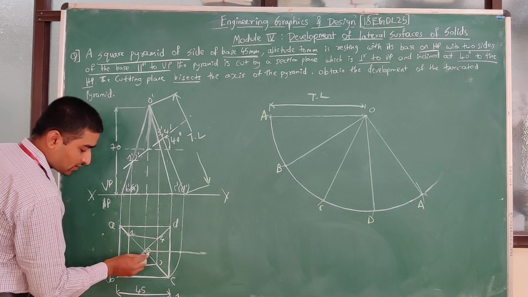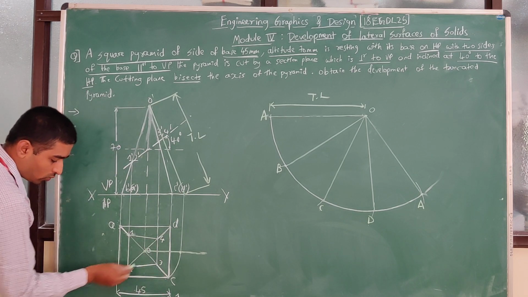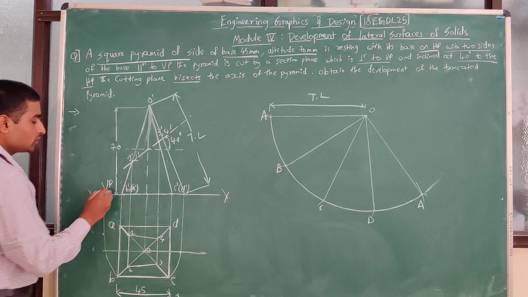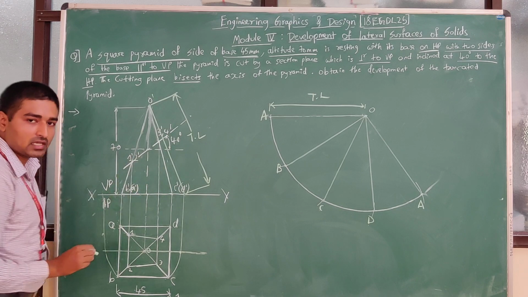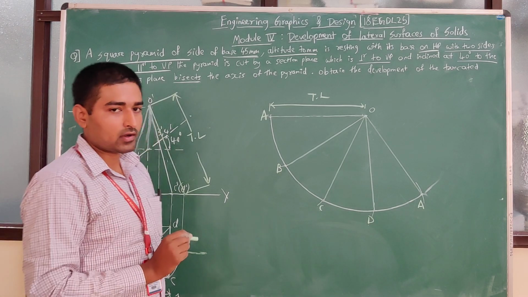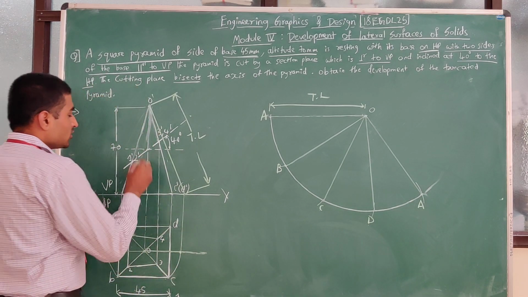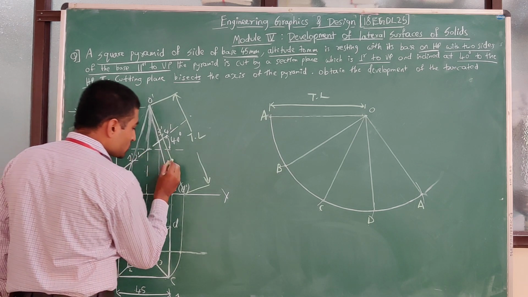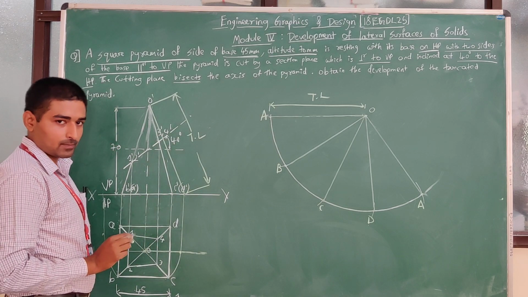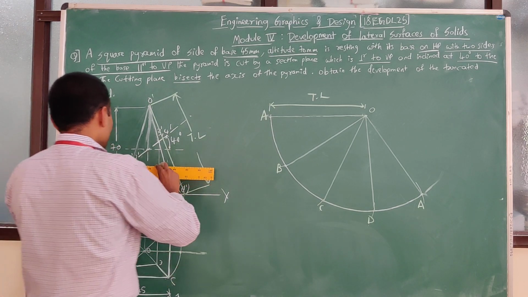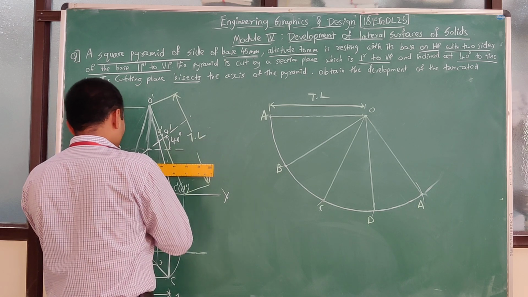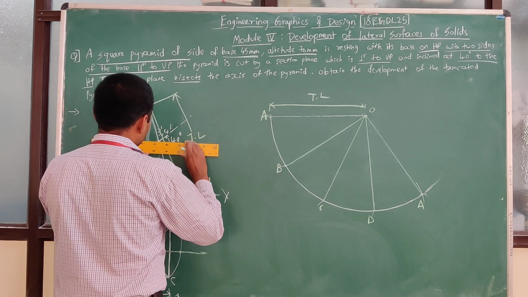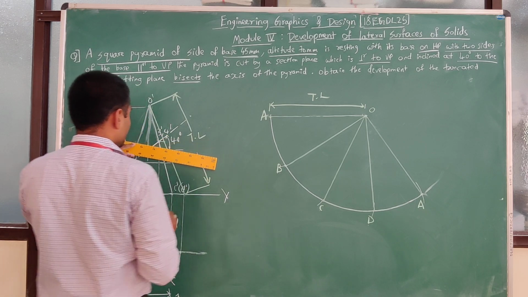Suppose that instead of taking the step from O to C, I had taken it from O to B on this side, there was not at all a problem. The length was going to remain the same on either side. There is not at all a change. So now what you are going to do is measure this 1 dash distance by projecting all these points onto the true edge length. Just project them with a line parallel to the xy line onto the true edge length. So you can project all the points.